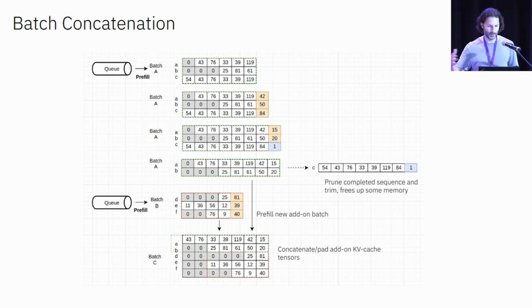This is a visualization of that. At the top, you've got a batch. The zeros represent padding tokens, because we pad the shorter sequences, and the orange column is the new tokens that have been chosen for each of the sequences in the batch. And then you see that one of the sequences completes. At that point, we can prune it out of that first batch, and it means we have a bit more space now in memory,